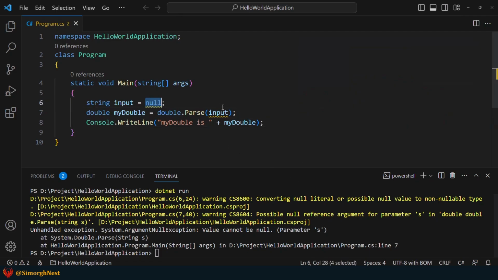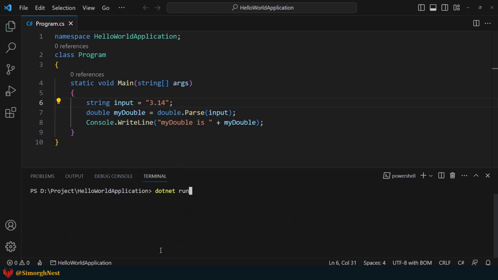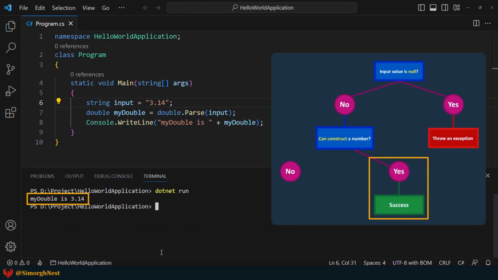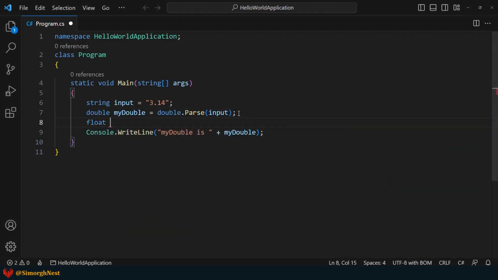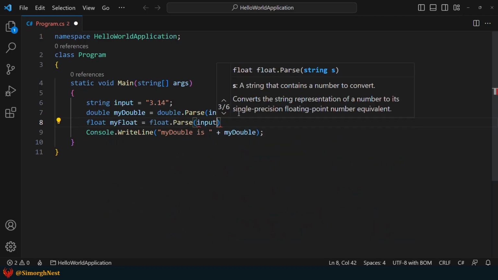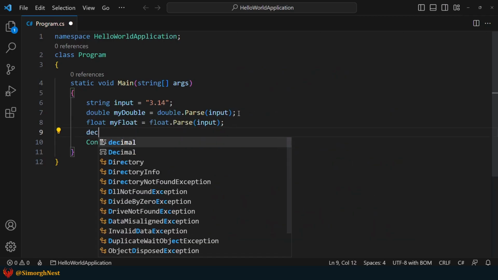So, let's change the input value to a string representation of a number such as 3.14. Save everything up and give it a test run to see if everything is working as expected. As you can see, the parse method successfully converts the input string value to a double type. Now, let's repeat the process for float and decimal types to see how the parse method works with those numeric data types.